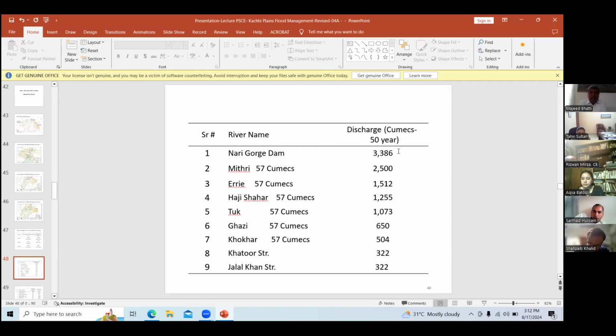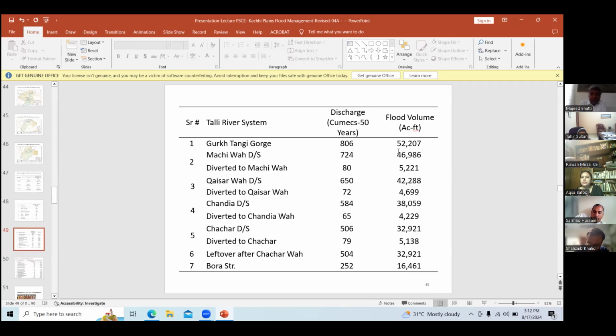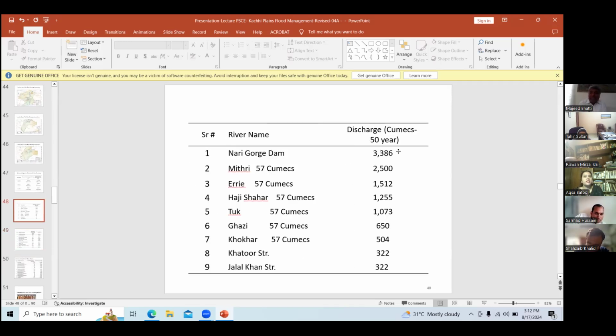Then it is Tuk, then Ghazi, and ultimately Jalal Shah. And after Jalal Shah, you can see that 322 cubics discharge is still left, which is unutilized. That discharge matters, and it travels towards the Kachin Canal and Patfeeder Canal.